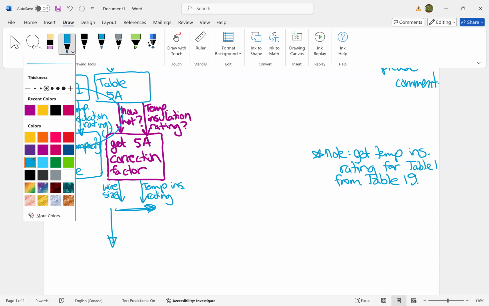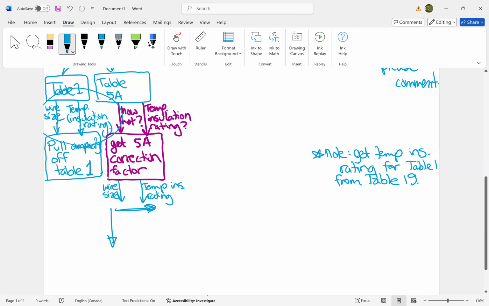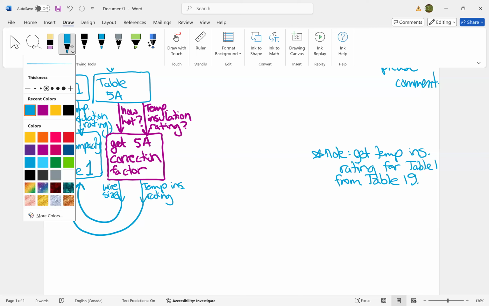I should have said off table 1 here. All right, this is still from table 1, and that's what we're going to do. Let me erase this. So we could just go over here and say, pull ampacity off table 1. Yeah, maybe I'll do that. I'll say pull ampacity off table 1. So that is our final answer there,